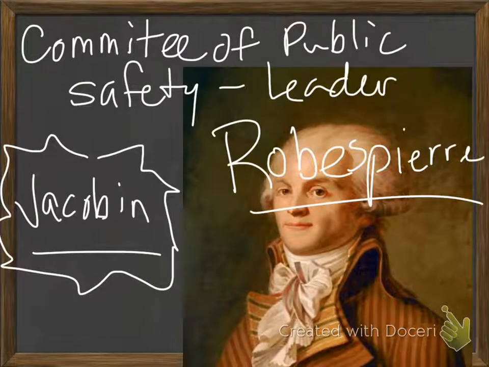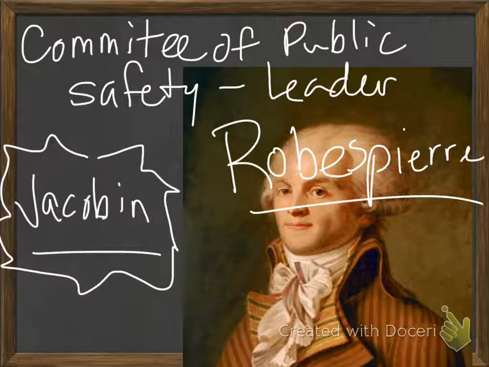Now, the Committee of Public Safety had a leader, and that leader was a guy named Maximilien Robespierre. He was a Jacobin. The Jacobins were a radical political party who wanted all monarchy or anything related to nobility gone, and the only way to do that would be to execute them. So they rounded up this group called the Girondists, and I say it that way, but you're going to hear it said a bunch of other ways, just like the Jacobins. You might have heard them last year in Mr. Fisher's class as Jacobins. It doesn't really matter.